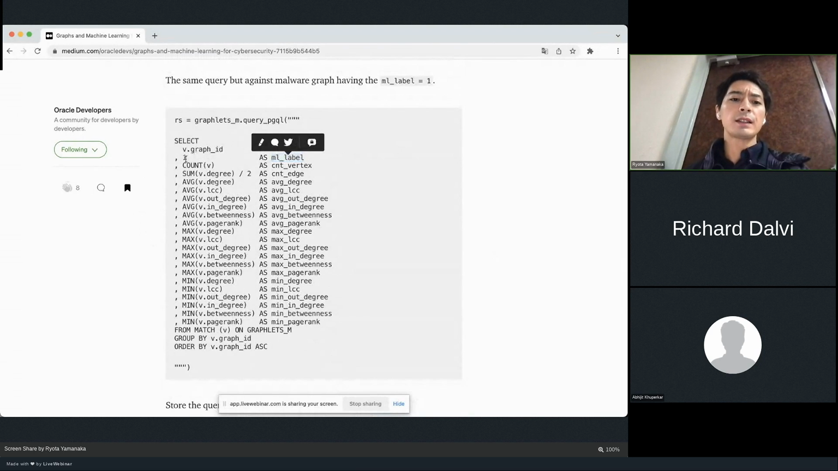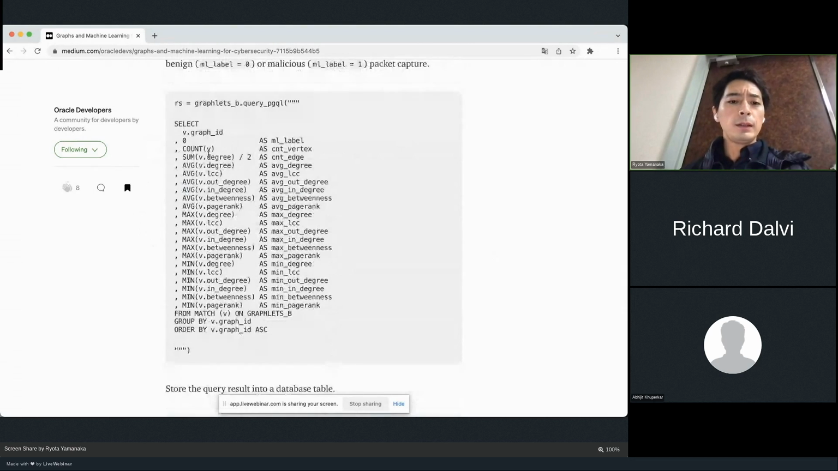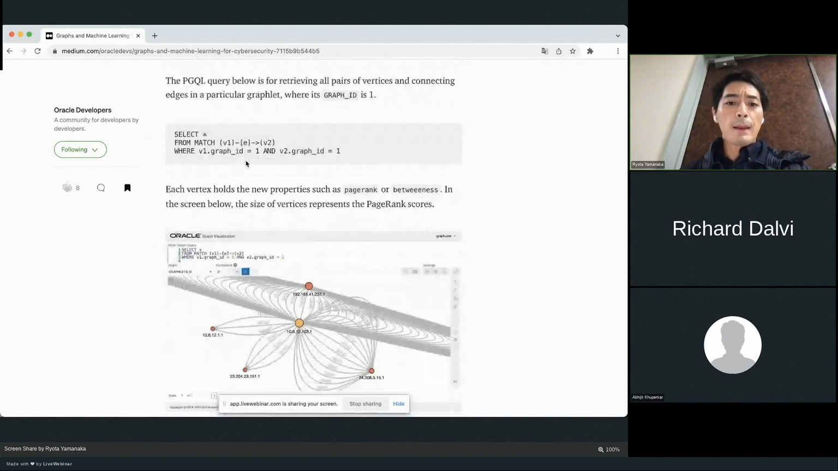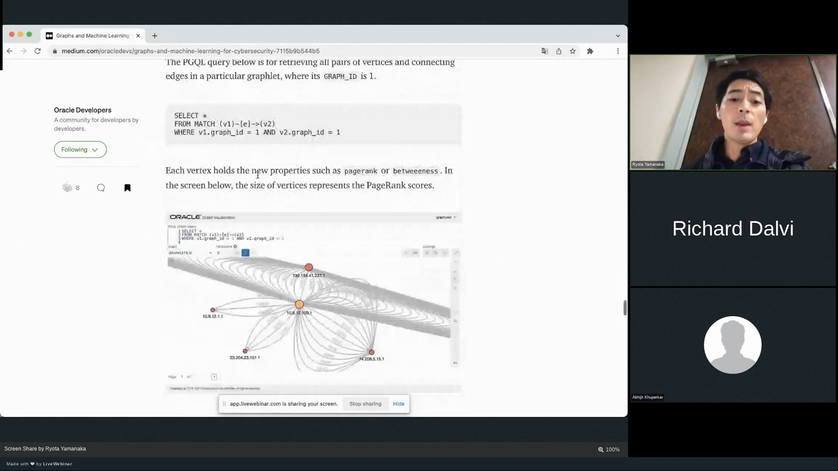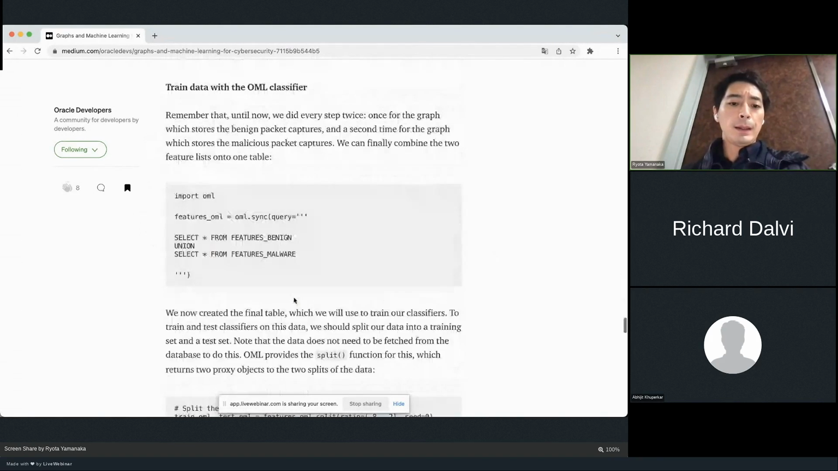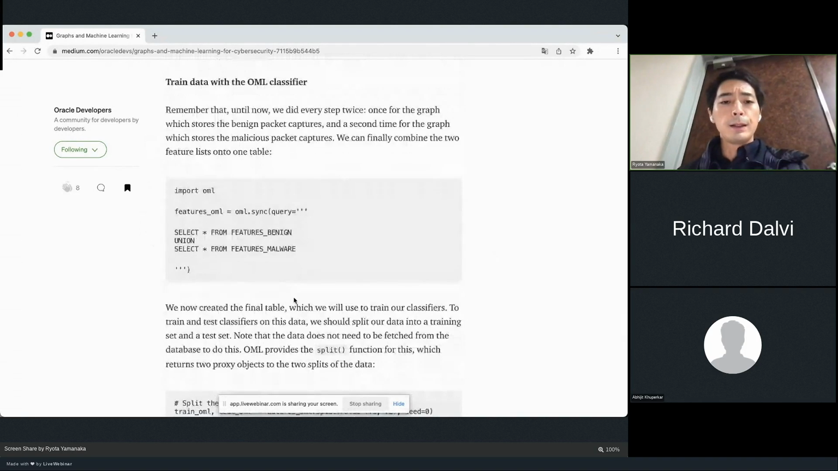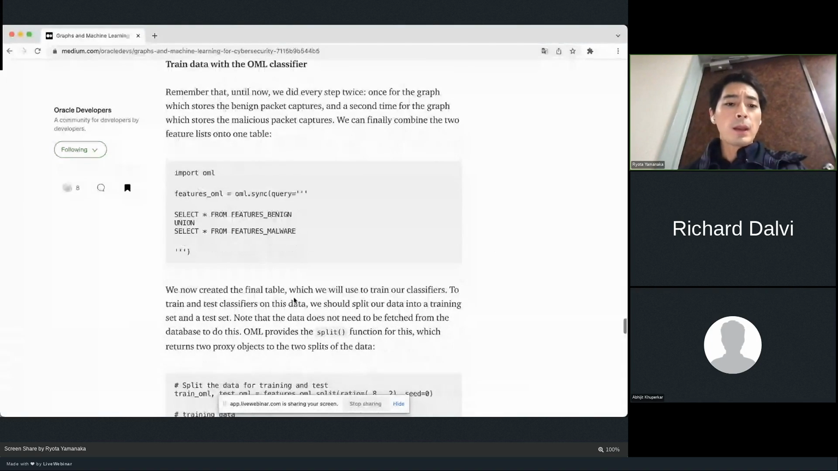That's why malware graphlets have flag 1, while benign graphlets have flag 0, right? So we can run, maybe we can visualize the graph as well, but the main topic is to create a classification model. So we can use the new feature tables as an input for OML